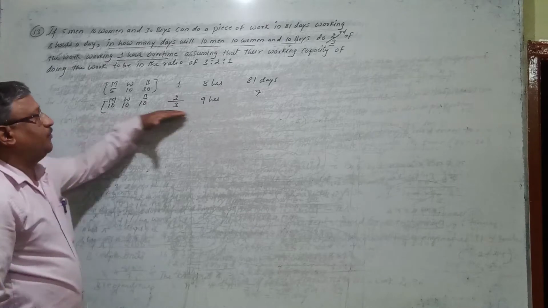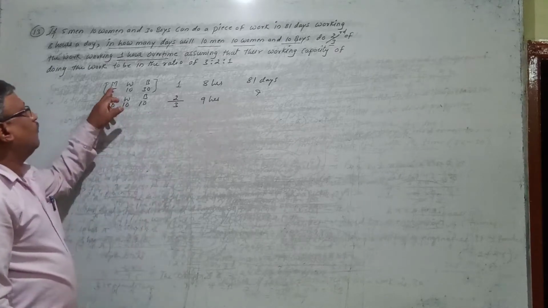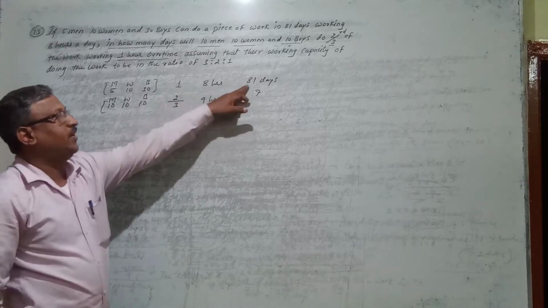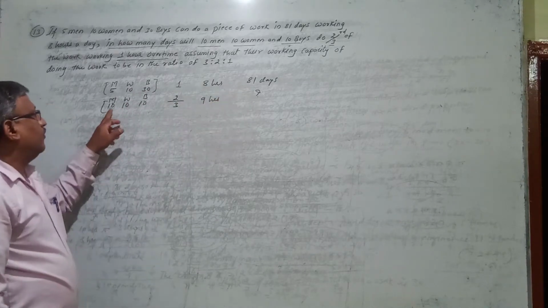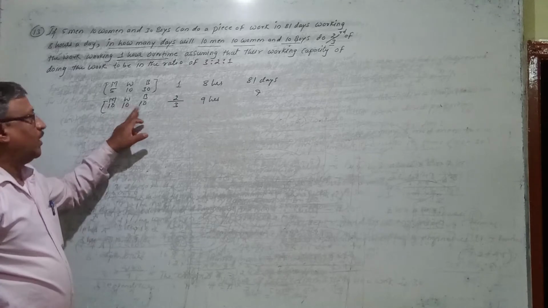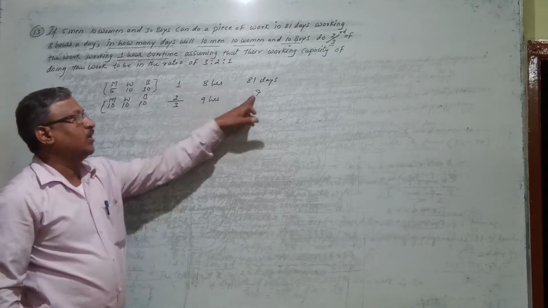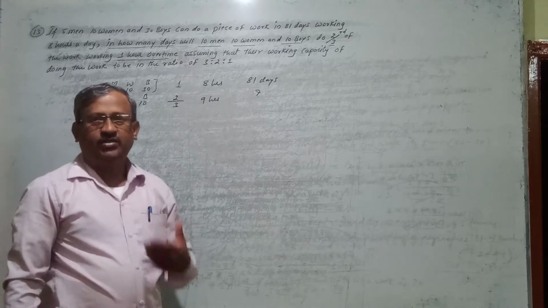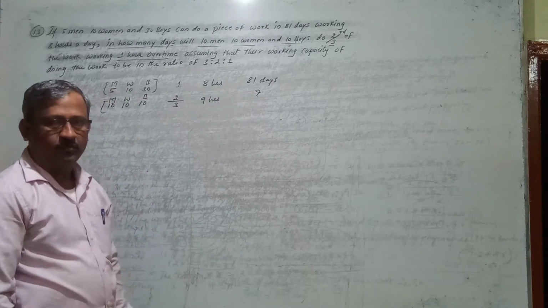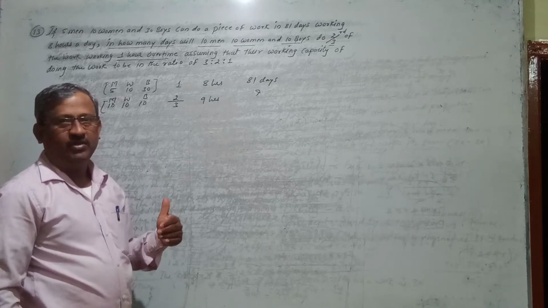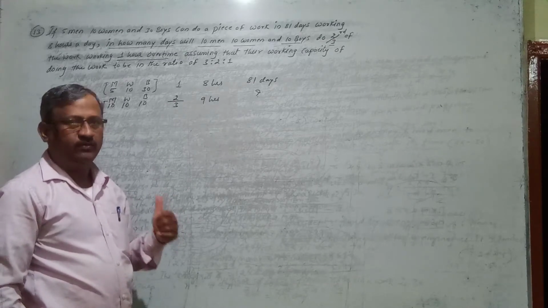So if you put the equation like this: for 5 men, 10 women and 30 boys to do full one work working 8 hours, 81 days are required, and we have to calculate for 10 men, 10 women and 10 boys to do only two-thirds of the work working 9 hours daily, how many days are required? So like this we put the equation. Then one by one we compare and we see whether each relationship involves direct or inverse.